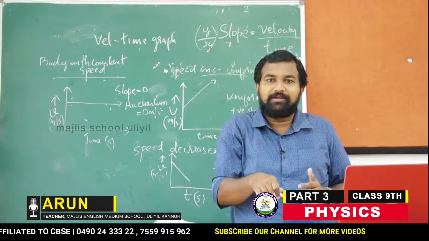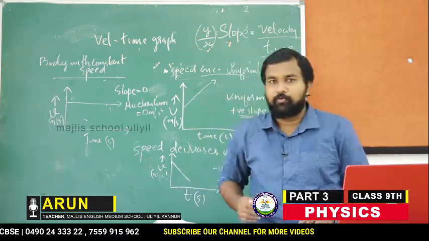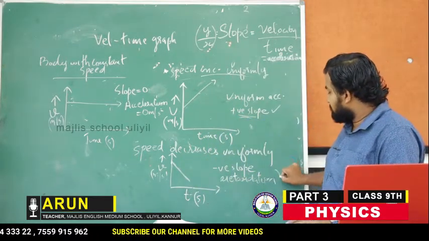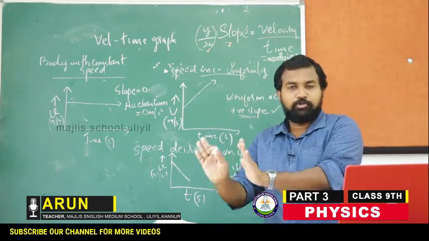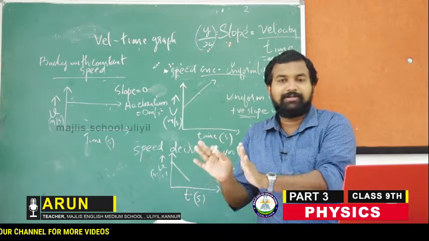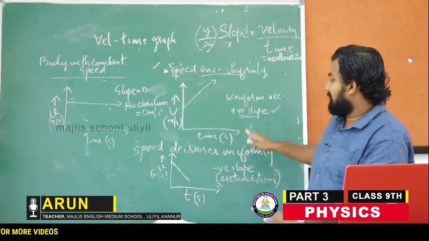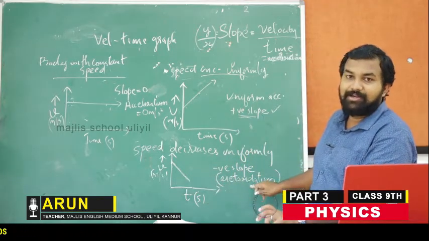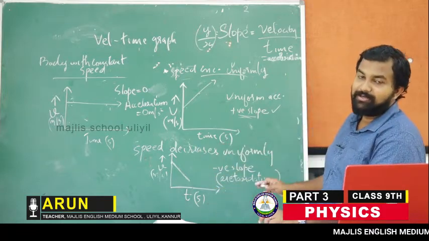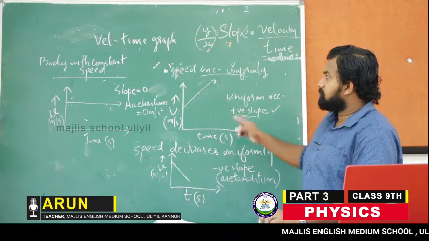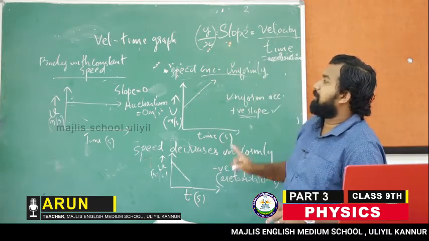We are applying brake in a car, and the speed is coming down. So we will say a new term, that is retardation. Retard means to stop, to come down, to slow down. Okay. So the opposite of acceleration is retardation. If it is a negative slope, we will say that it is retardation. So the slope of the velocity time graph gives us acceleration.